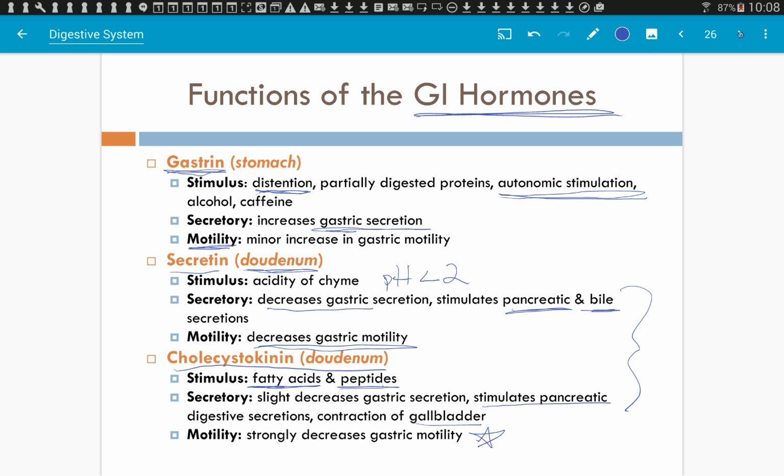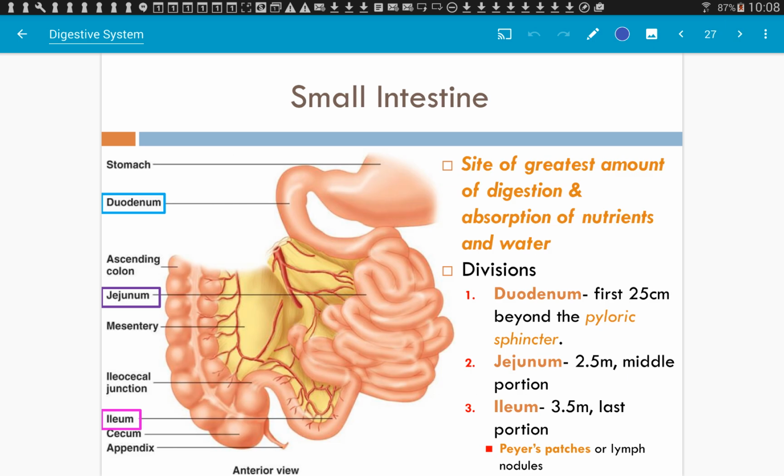So similarities and differences. So looking at the small intestine, there are 3 sections. You must know those 3 sections of the small intestine in the order in which they come. And also, this very important fact that's in bold and italicized. The small intestine is where you have the most nutrient absorption and water absorption. This is where the majority of it all happens, is the small intestine. Yes, water absorption does happen in the large intestine, but most of it is happening in the small intestine, okay?